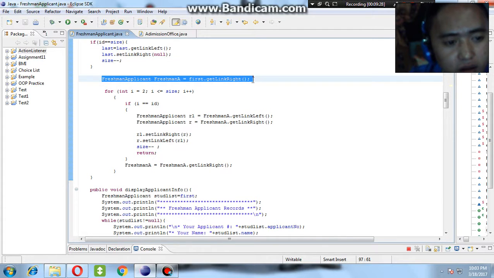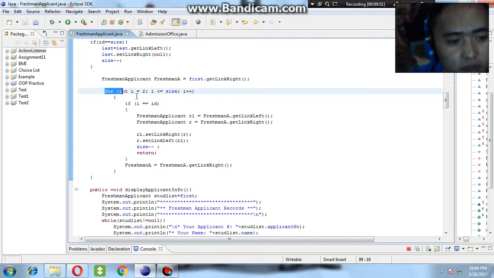If this is a freshman applicant, freshman A equals first.getLinkRight. If the condition is false, we make the new node called freshman A, then assign it to the right, and then directly start